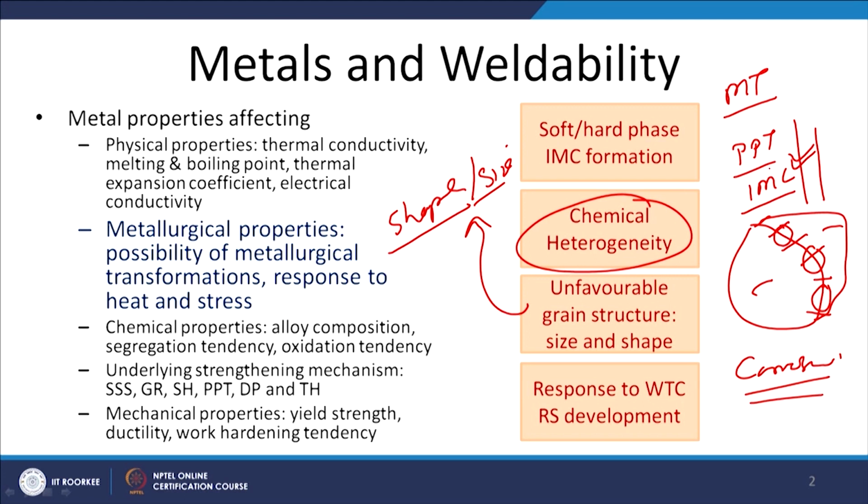So, if the precipitates or the intermetallic compounds are being formed due to the application of heat during the welding or the deformation during the welding, and if it is leading to the formation of needle shape or high aspect ratio intermetallic compounds and phases in the form of films or plates or needles, then these intermetallic compounds or precipitates will act as a point of stress concentration, especially at the leading edge of the needles and such kind of plates and films which are being formed.